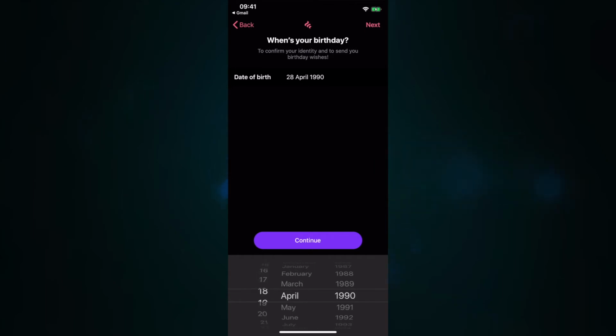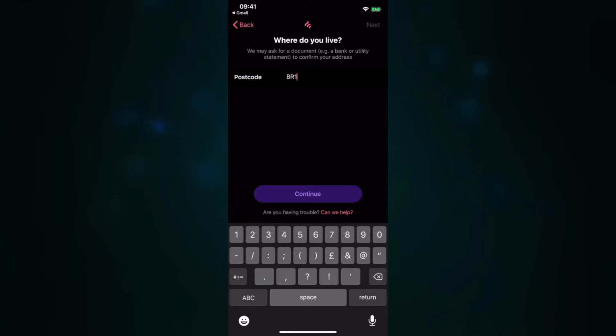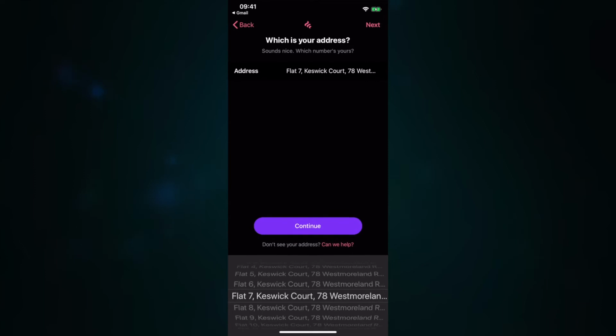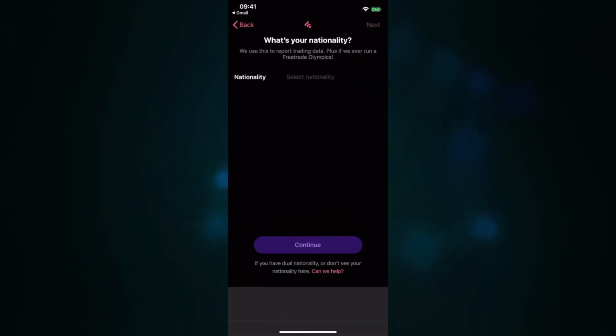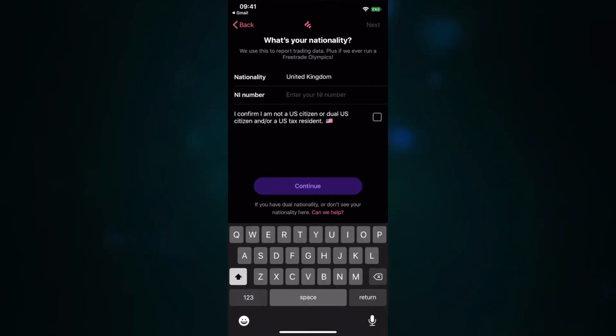Again, more verification questions. Then it asks you for your address. So if you put in your postcode and then hit continue, it will automatically find the addresses that are related to that postcode. And so you can pick from a list. Once you've done that, it then asks you for your nationality. For me, for instance, is United Kingdom, and then it asks for your NI number. So this is again another verification so that they can link this financial account to your financial history. Once you've done that, you have to click on the confirmation button there to say that you are not a US citizen,